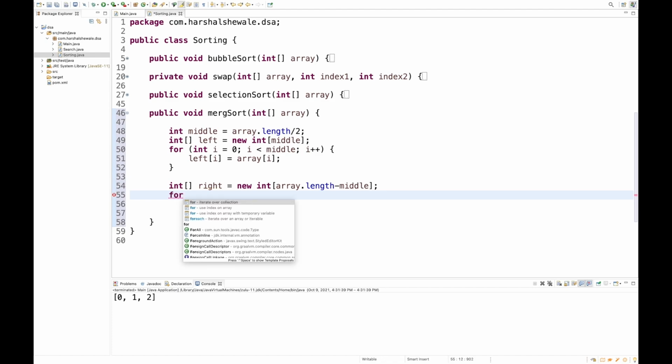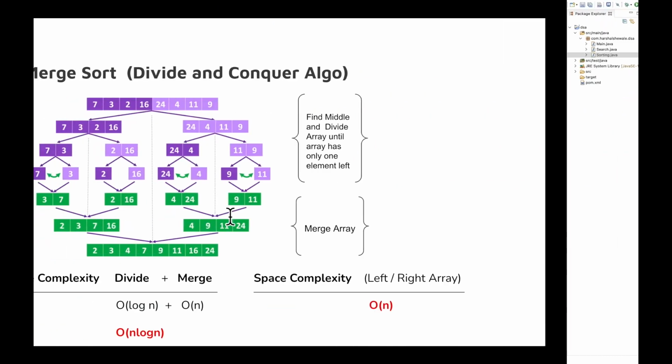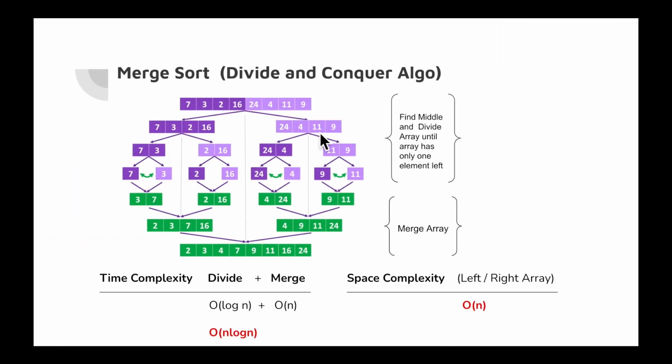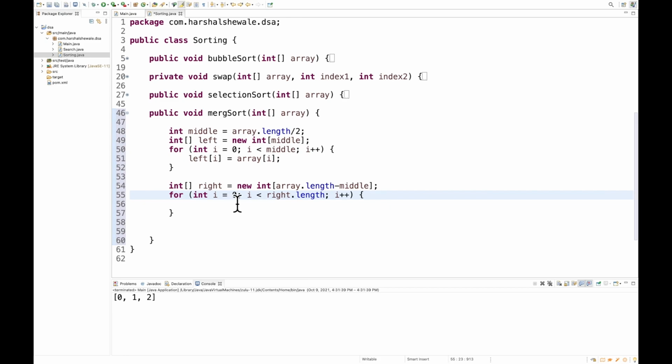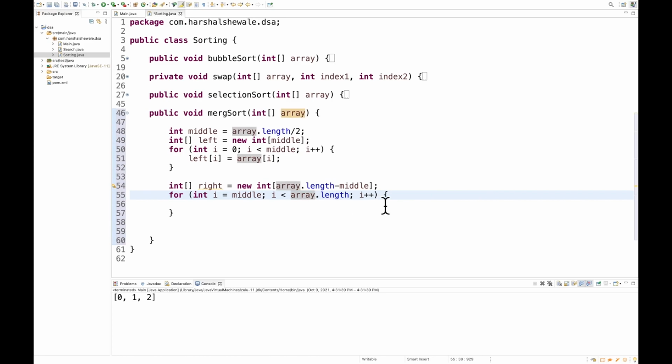Now fill the data in the right array. Let's take another for loop, for I is equal to 0. Now this time it won't be 0, because we have to push the data into the right array from the middle. So the I pointer will start from middle. I is equal to middle, and this will go up to the array dot length, because we are going to the end of the array. Now fill the data. Right of, now here is the catch. We should not say right of I, because the right array is the new array which we declared, and we need to put the